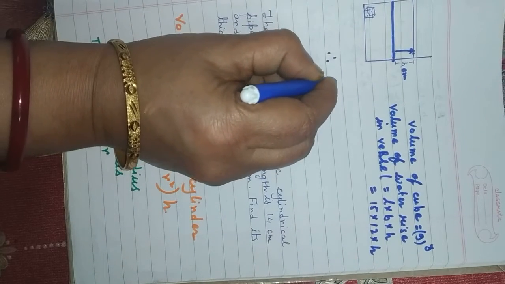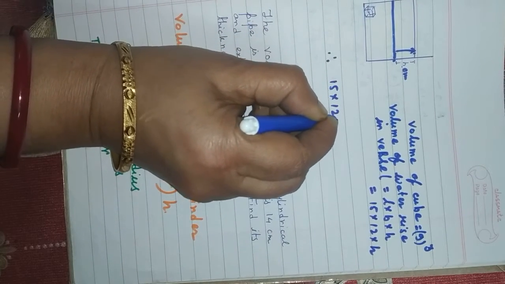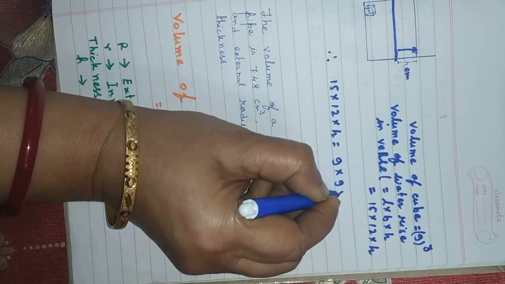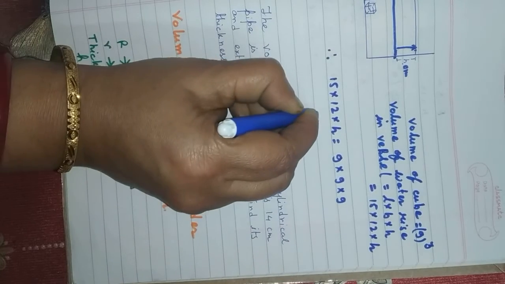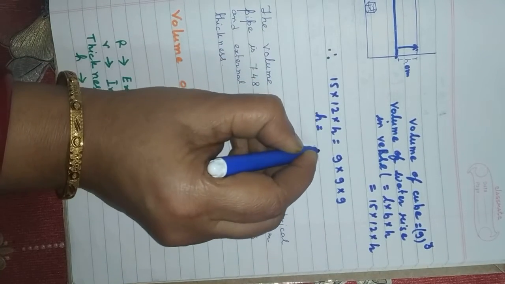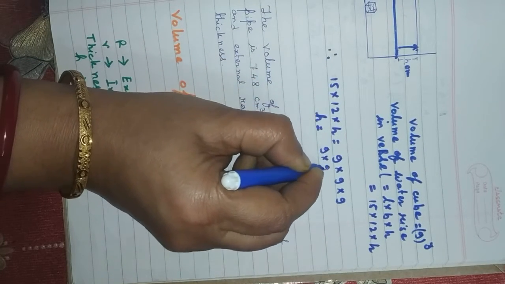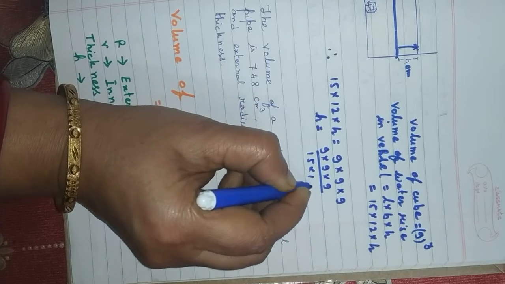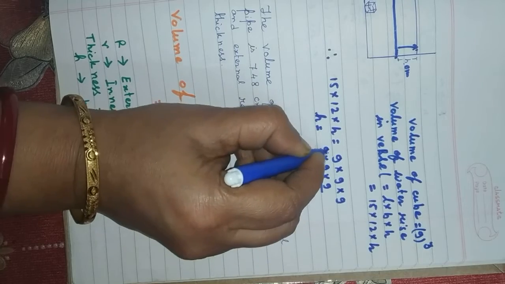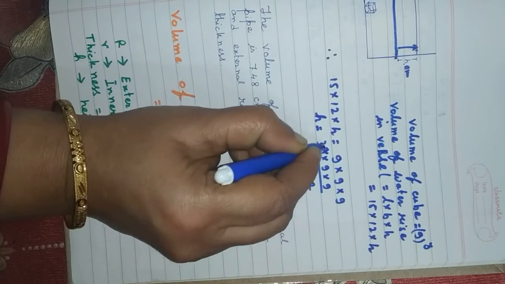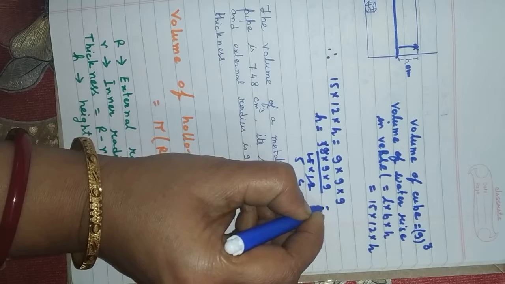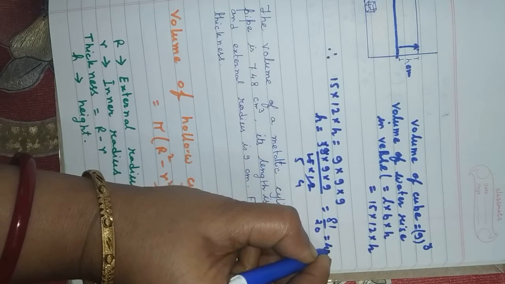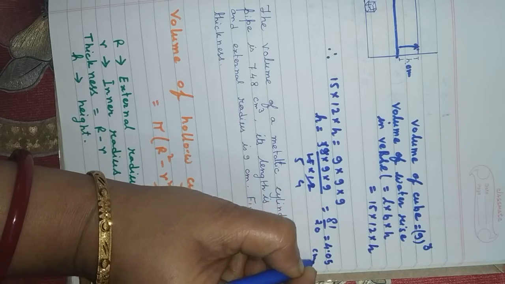So we can say that 15 into 12 into h is equal to 9 cube, or 9 into 9 into 9. So from this equation we will find the height,